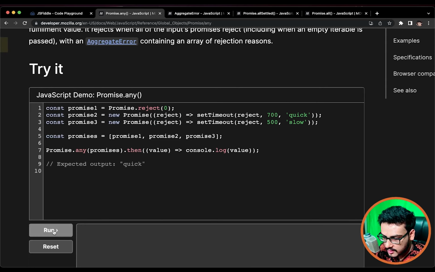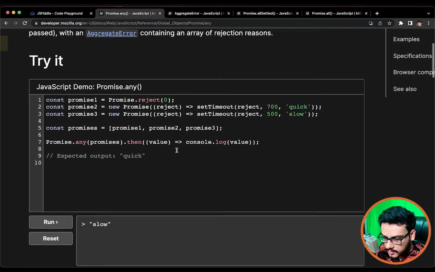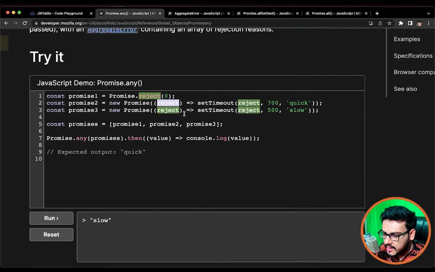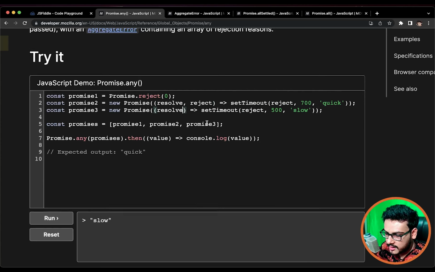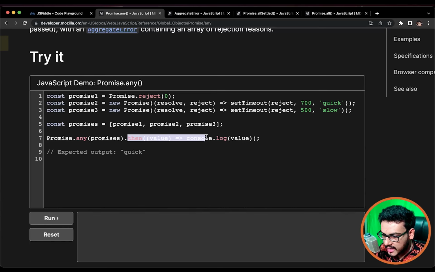Like this, and one second, I think I'm doing something wrong. Okay, this is not what I expected. Actually, reject is always the second param. Yeah, so now this should work. And actually this was throwing the error, so the error case was not handled over here. So if I just try .catch